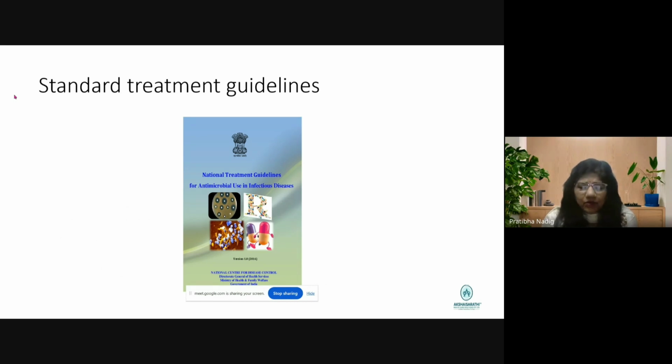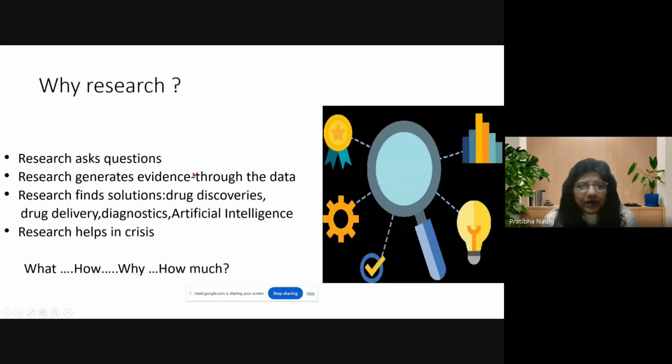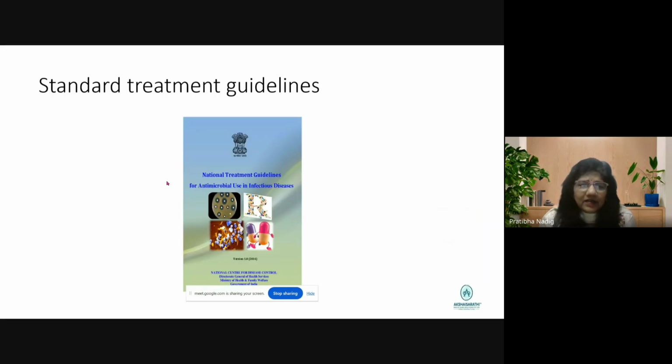So what is this evidence we are talking about? Evidence is proving that this treatment works better and it works at this particular intensity. So many patients are benefited, the maximum number of patients are benefited, and therefore, based on that, the governments and the associations will take a lead and publish something like this. These are called standard treatment guidelines. This is completely based on the evidence. Evidence means we have to prove clearly with proper research methodology that this particular treatment is working. And today's medicine is dependent on such data.